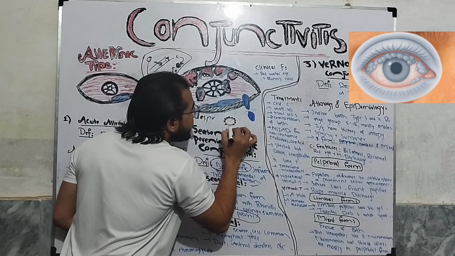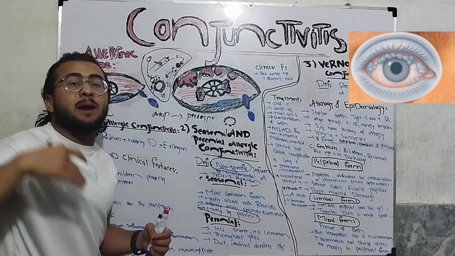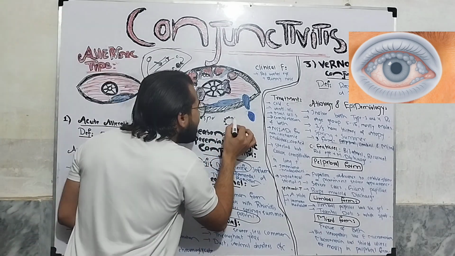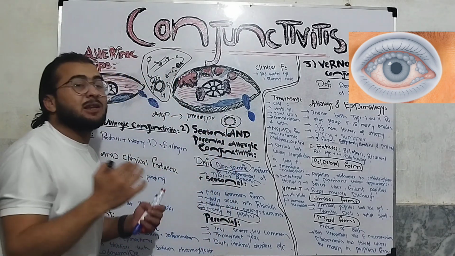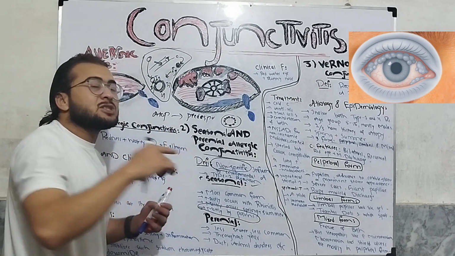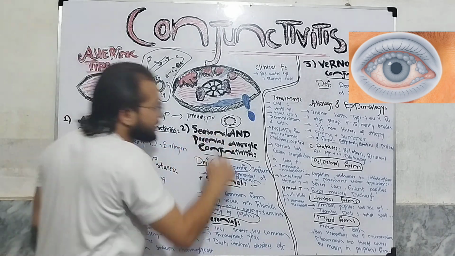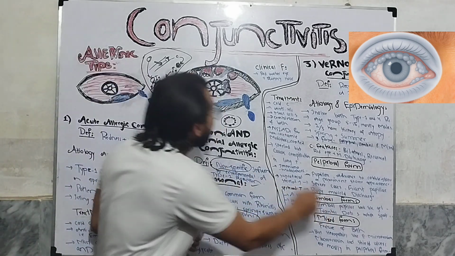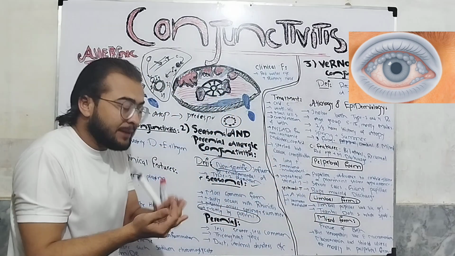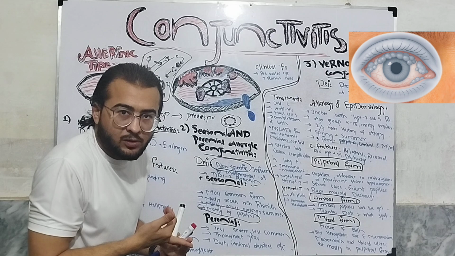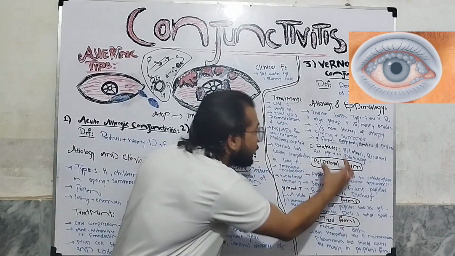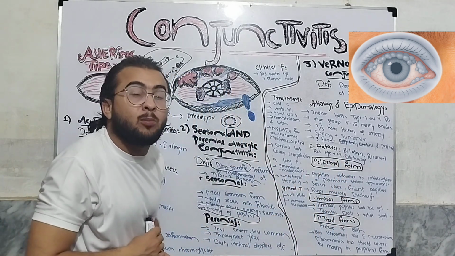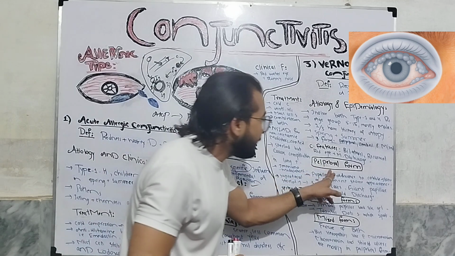So the papillae will be surrounded, their apexes will be surrounded by eosinophils, and this will make a white superficial appearance. These whitish superficial spots are called Trantas spots. So in the limbal form, we will have gelatinous papillae and Trantas spots. Okay. Now in the mixed form, we will have the characteristics of both types of conjunctivitis, the palpebral form and